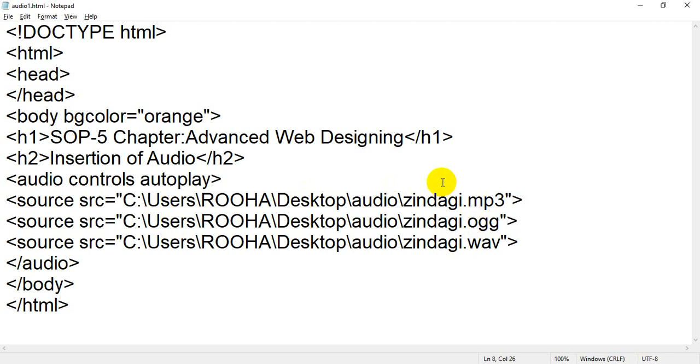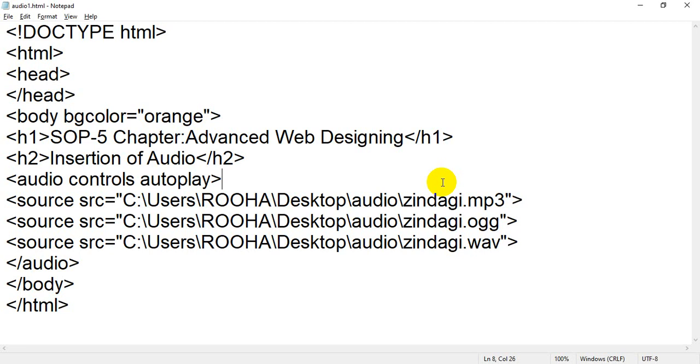Now one question could be roaming in your mind: why have we taken the same file with 3 different extensions? Will it play all 3 files when you run your browser, or 2 files, or 1 file? No. The reason to add multiple files, where the file is the same and only the extension or file format differs, is that we have n number of browsers available in today's market.